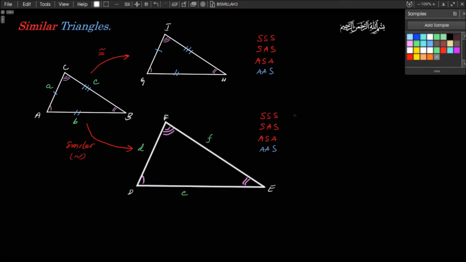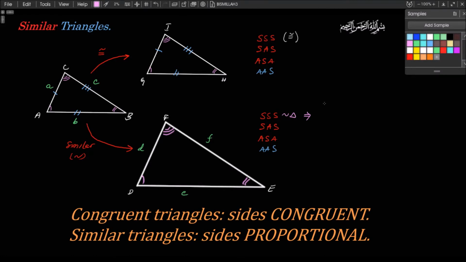But you have to understand what that means. See, for congruent triangles, when we say side, side, side, it's like this. If you have two triangles such that all three corresponding sides are congruent, then the triangles are congruent. But for similar triangles, side, side, side, that's how you state that: side, side, side for similar triangles. It means that if you have two triangles such that all three sides are proportional, then the triangles are